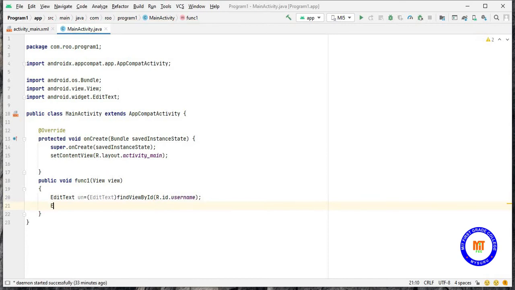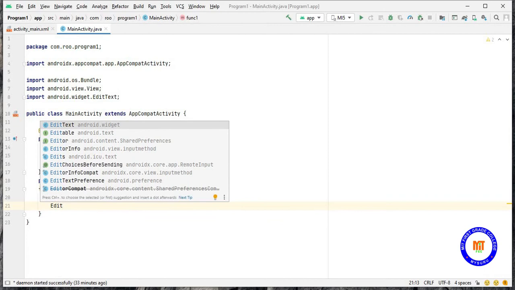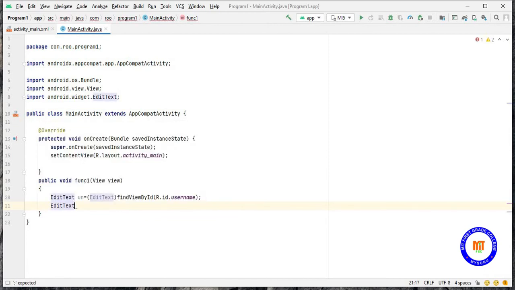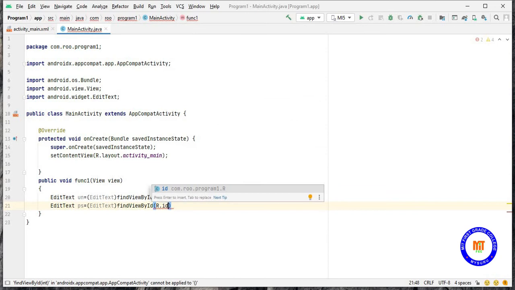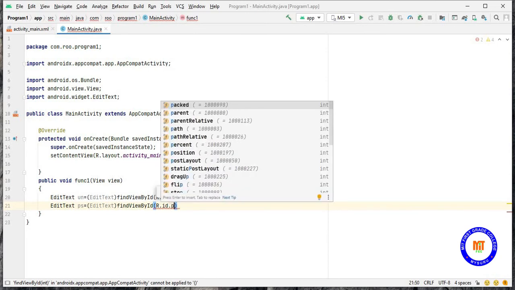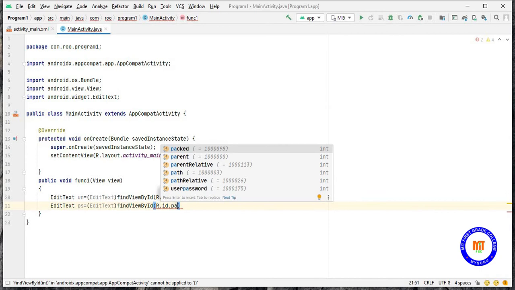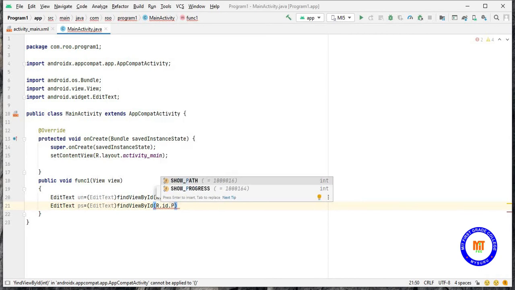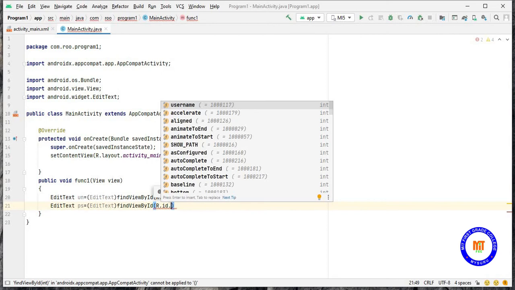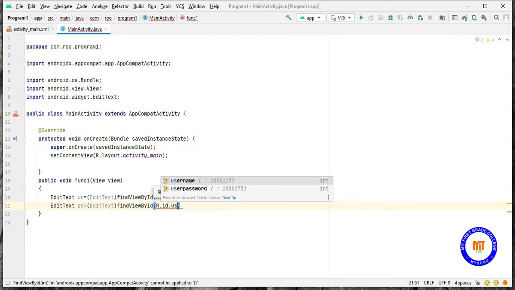Next, same as that, to extract the password, let it be PS equals EditText, findViewById, R.id, and the ID is the user password.